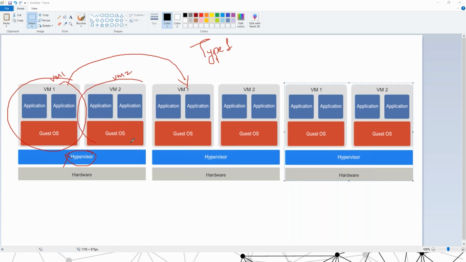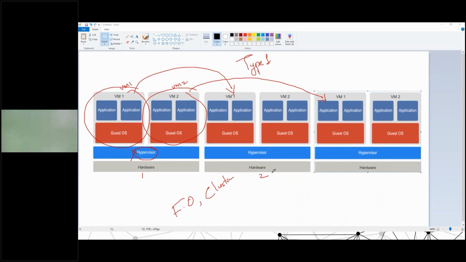They basically allow us to migrate the VMs from one physical hardware to another, so that even if this crashes, my VM is safe. So a complete failover is there, plus complete clustering is there. This is my physical server number one, number two, number three. So even if one hardware is going to fail, I can always move my VM from one machine to another. Basically, in VMware we call it vMotion.